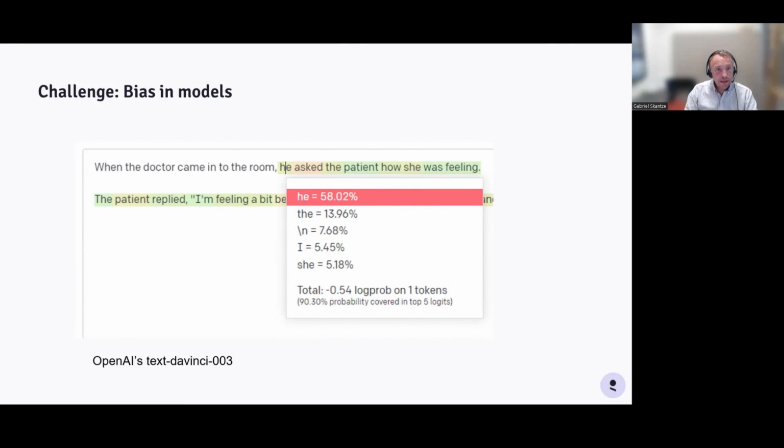Another challenge is bias in models. This is very easy to illustrate. If you use GPT, for example, you can look at the probability distribution for every word or token it's producing. So when we say here, when the doctor came into the room, and ask it to predict the next word, we can see that it puts quite a high probability on the word he, 58%, but only around 5% on the word she. So clearly there's a bias here, and the model has learned the bias that we have about